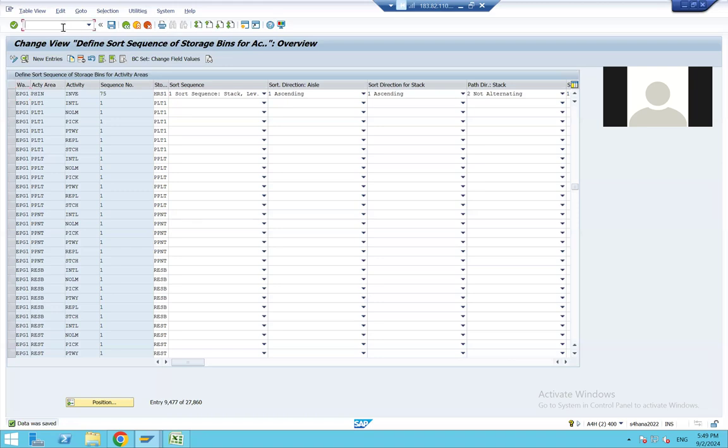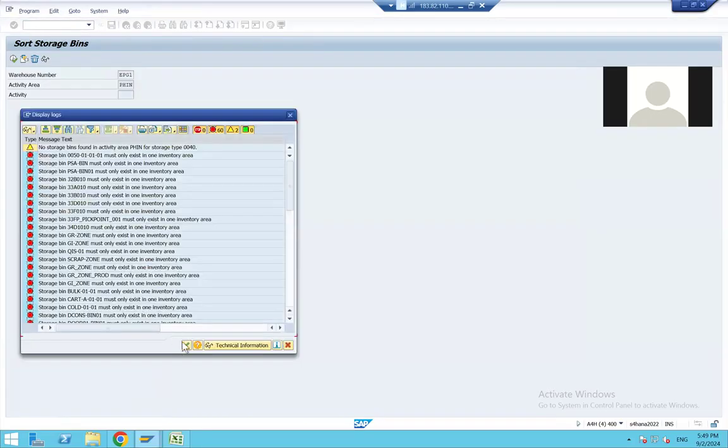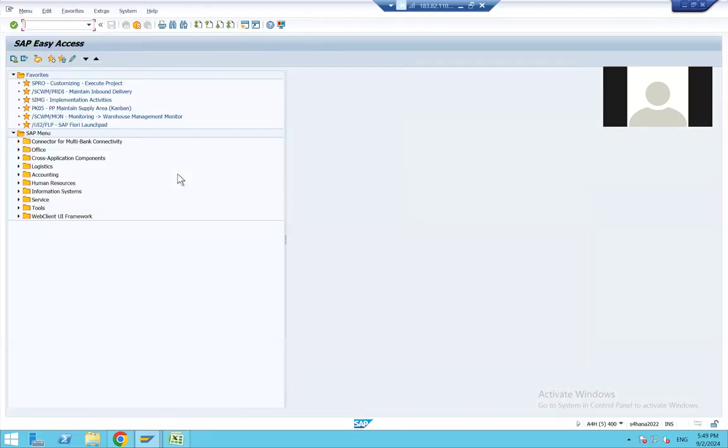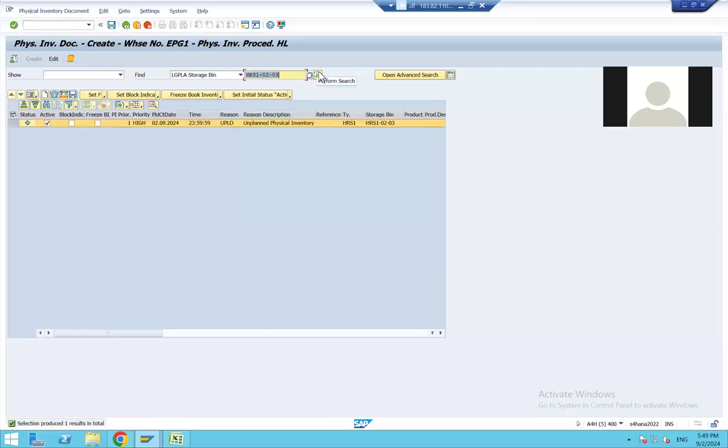Now we will go to the sorting transaction again. Okay, PHIN, F8. Okay, enter. Sorting done. I'm hoping that HRS1 is all good now. Okay, I don't want to check that in the F4, so I'm directly going to the physical inventory T code now. HL is storage bin, and I will put my bin. See,